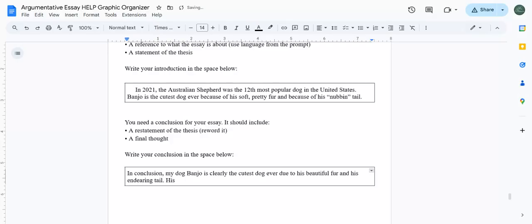His brown and red rainbow of hair. No, that's weird. Let's see. I want to talk about things that we've already discussed. I don't want to bring up anything new. I can't talk about blue eyes. I can't talk about sometimes how his tongue sticks out even when his mouth is closed. Let's see.